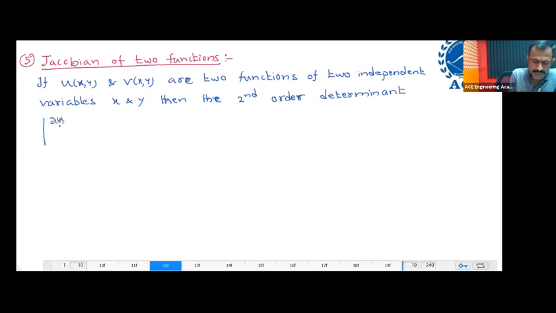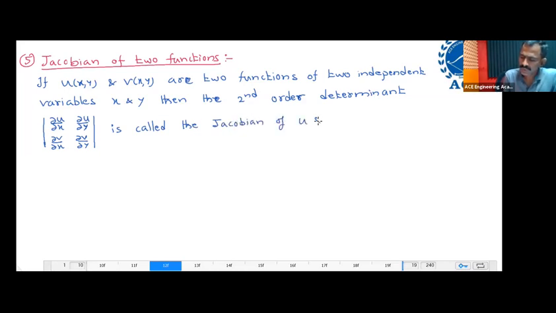along the first row, dou u by dou x, dou u by dou y. Along the second row, dou v by dou x, dou v by dou y, is called the Jacobian of u and v with respect to x and y, and it is denoted by